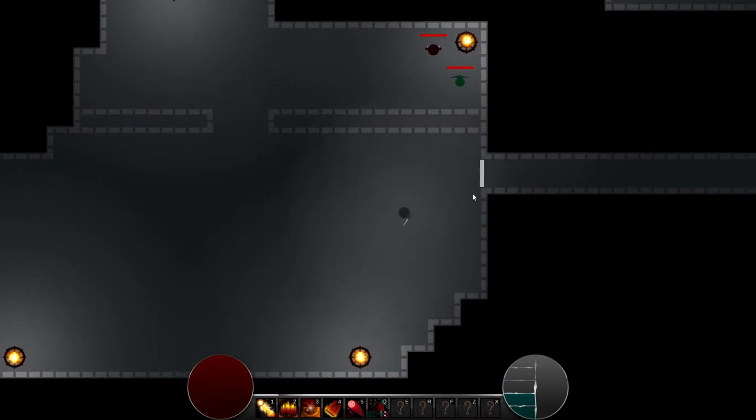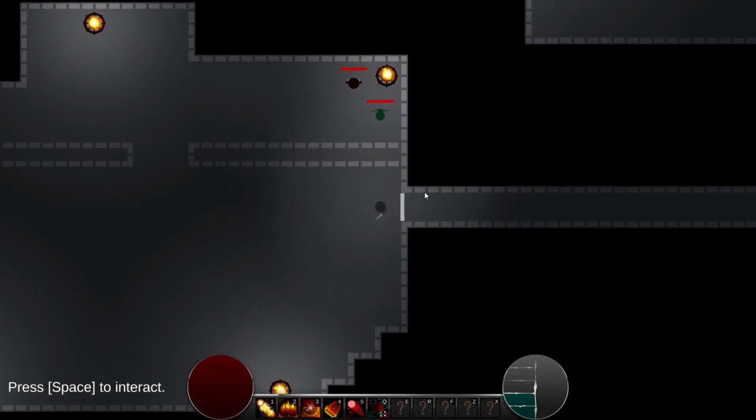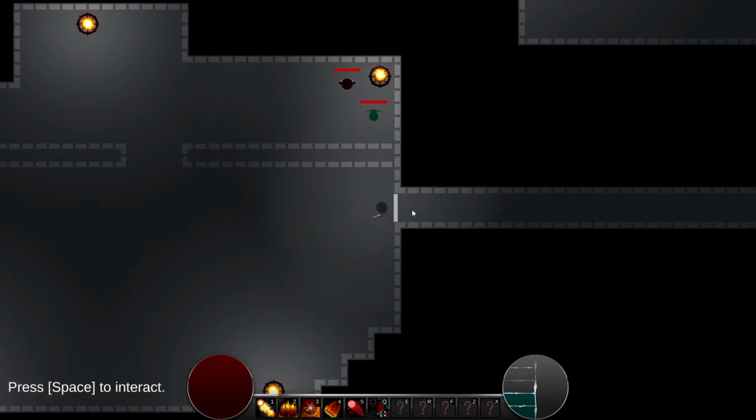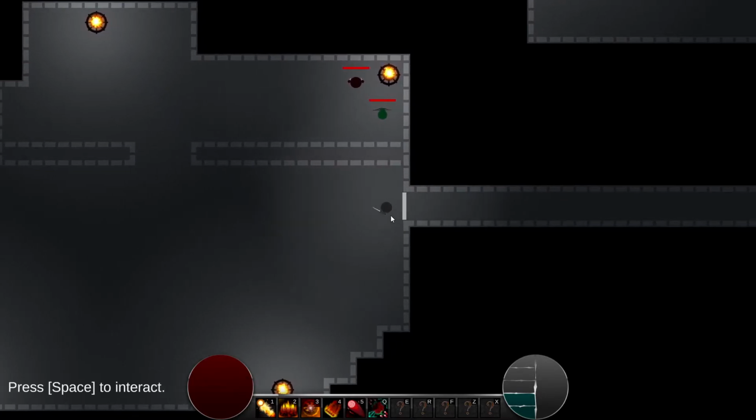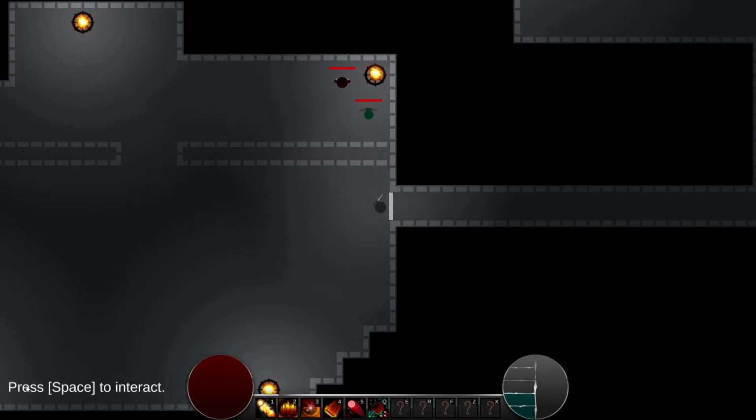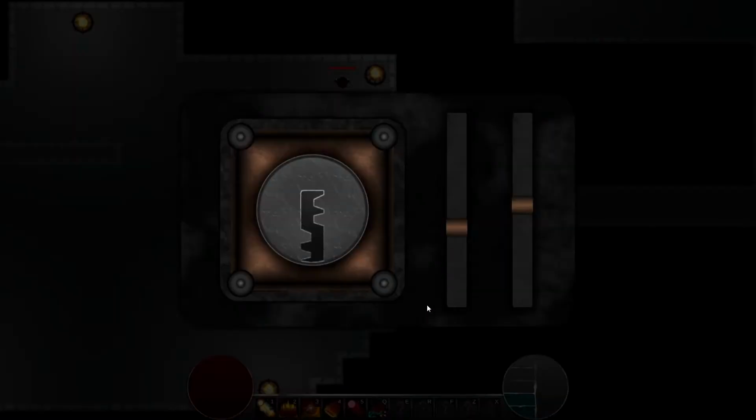Okay, so here we have doors. So I can show you another major system in the game. We can see whenever we come close to the door, a prompt appears that tells us to click space. Whenever we click it, there's a lockpicking system. So the way it works